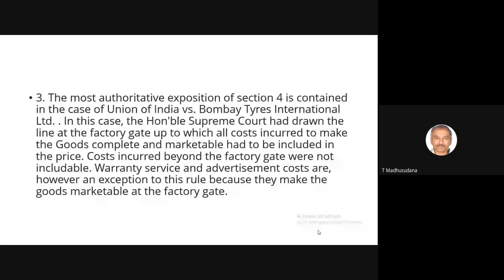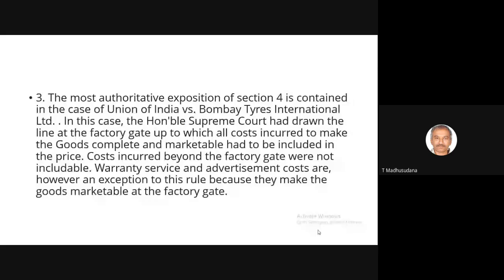So not only the cost to bring up to the factory gate, but the warranty services and advertisement costs also should be added to the price of the product,